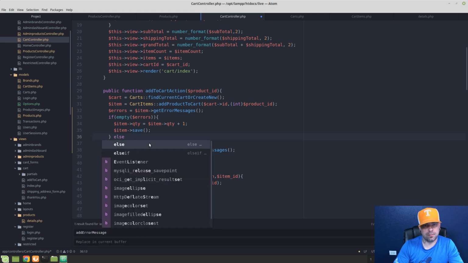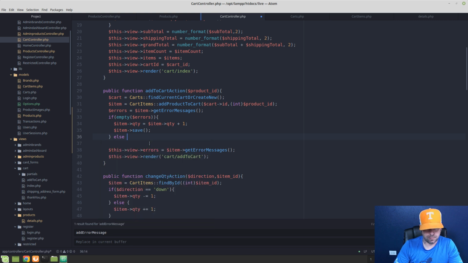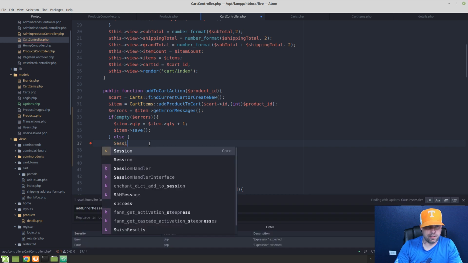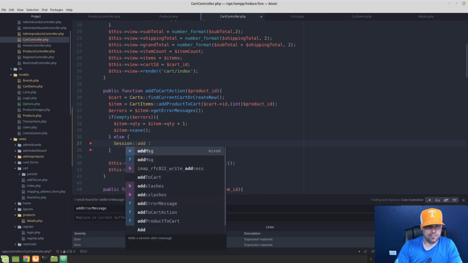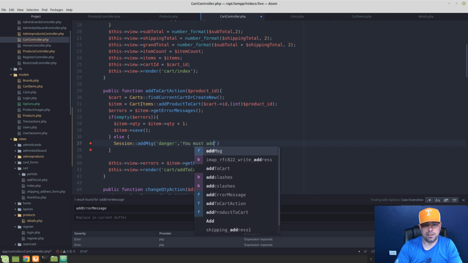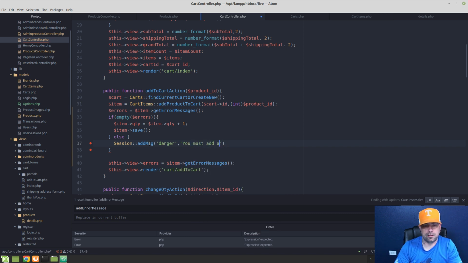Else we want to, oh, here's what we'll do. Session add message danger, you must choose an option,